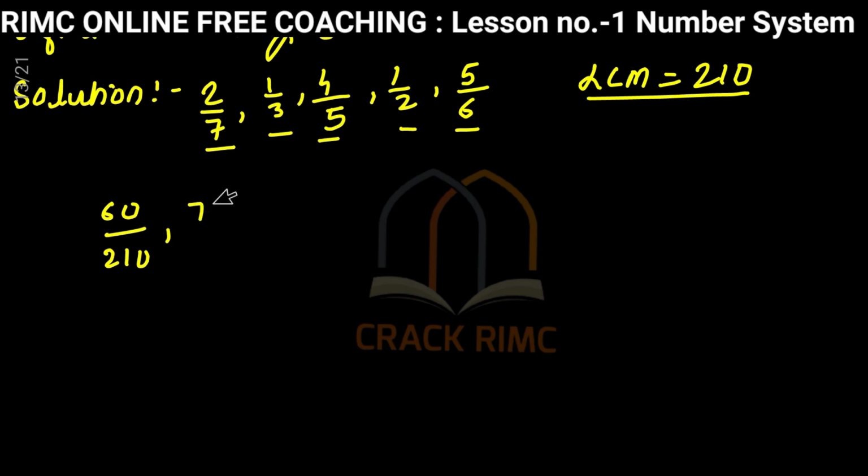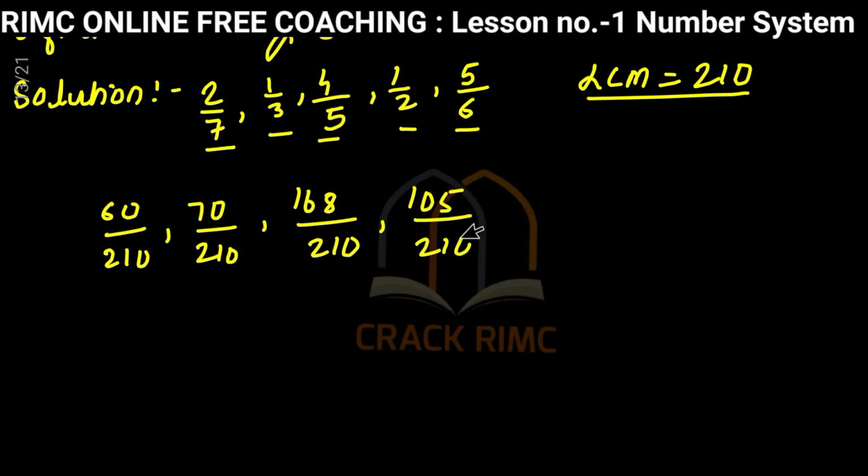Then 70 upon 210. Then 168 upon 210. Then this will be 210 divided by 2, 105. So 105 upon 210, and 210 divided by 6 is equal to 35. So 35 into 5, 175